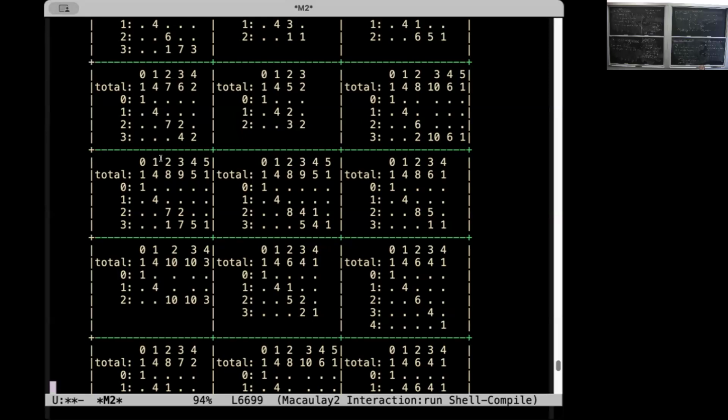We're stuck on 2x. We don't know what the degree of x is, how to compute it. Okay, so we had defined that one day. If you look at the Hilbert series, or if you look at the Hilbert polynomial, you can try doing it in Macaulay2 too. Actually, for the Hilbert polynomial in Macaulay2, it's a little annoying